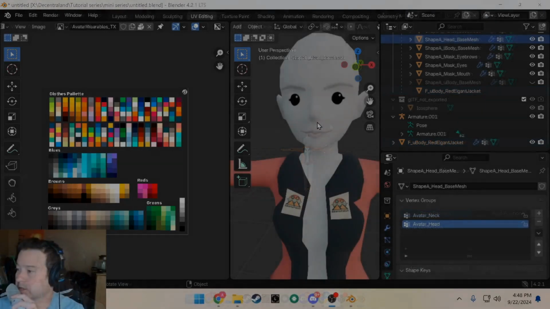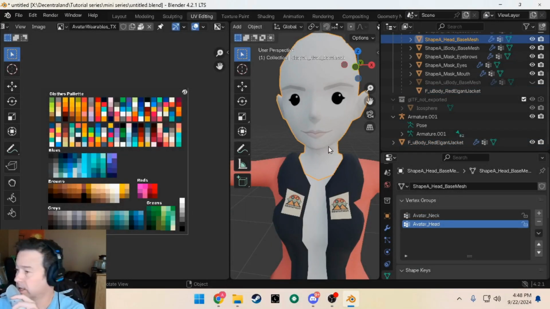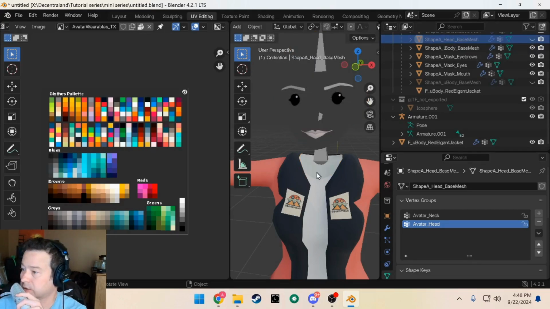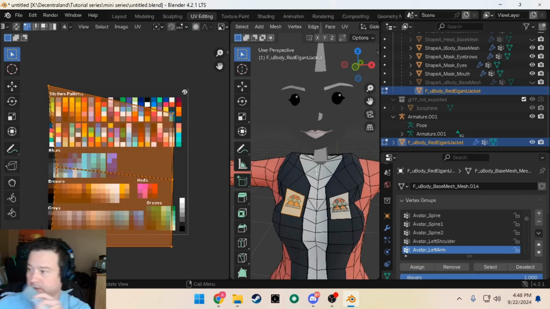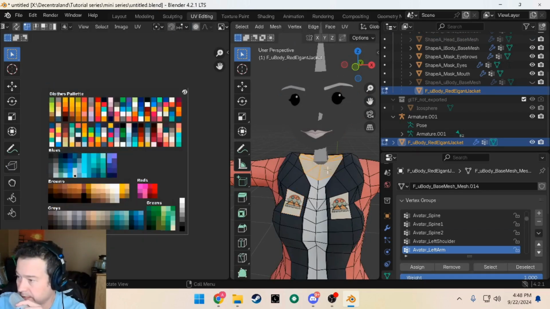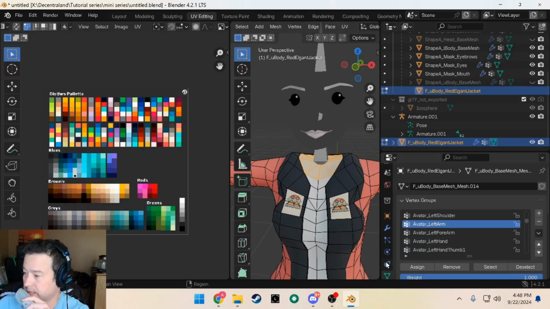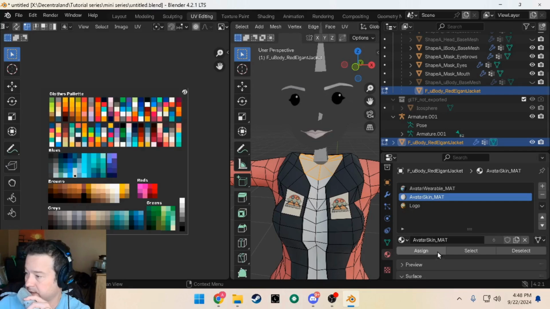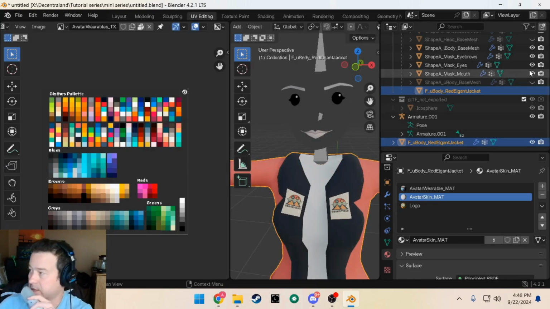Okay, one other thing I wanted to mention is underneath the shirt here, we need to assign the skin color. So this part of the mesh right here is still white. It's still assigned to the shirt. So what we're going to do is click on this, assign that, and then whenever we export it and bring it to the platform,